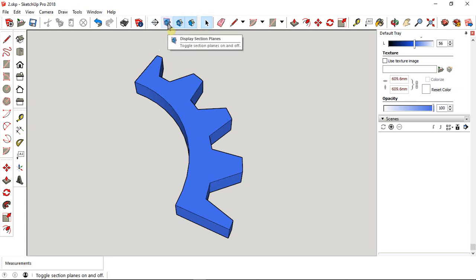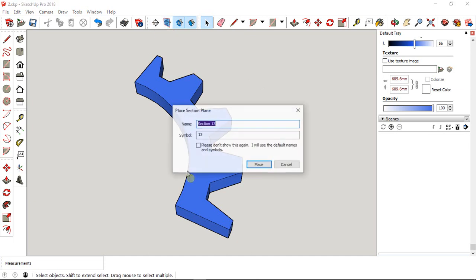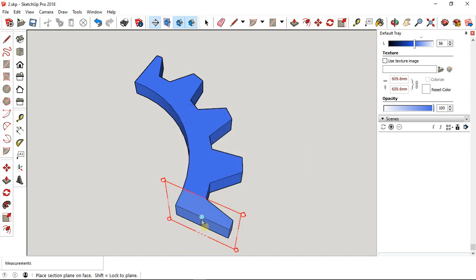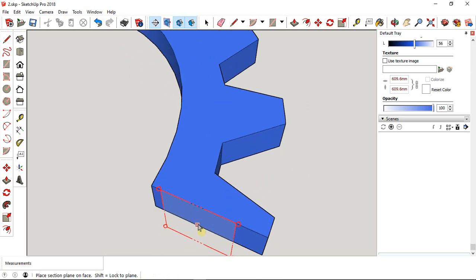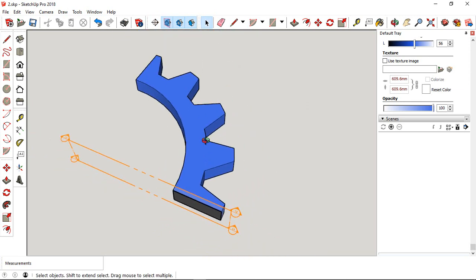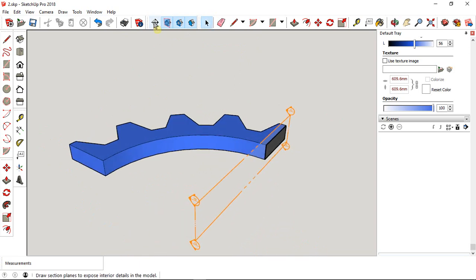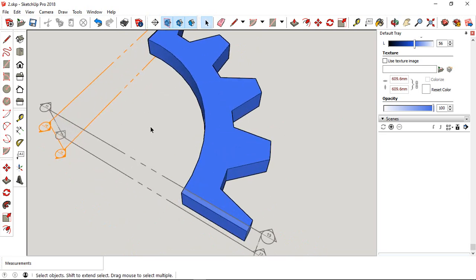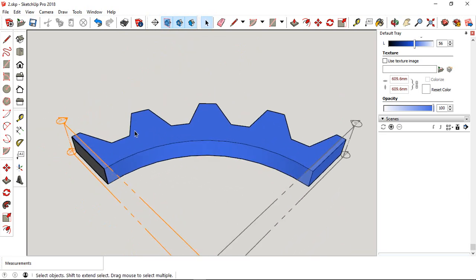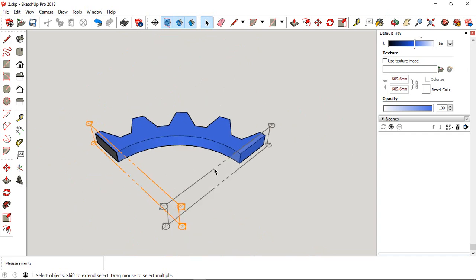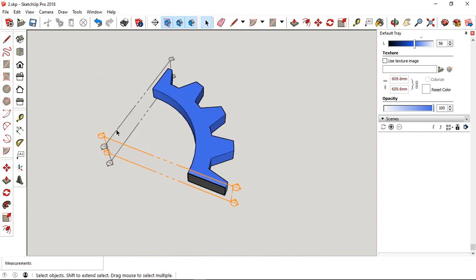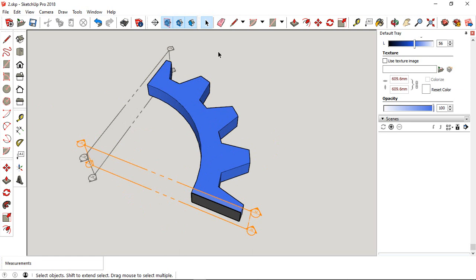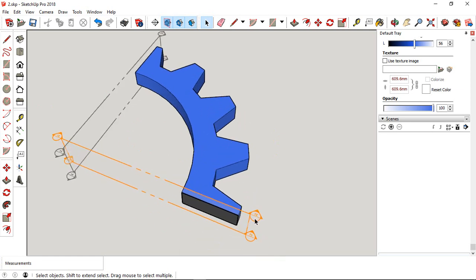As I already told you, we need a minimum of 2 section planes, so create the section plane. And another one. The direction should be the same direction.